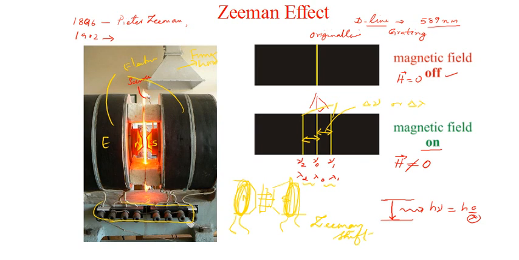Okay, from the central line, see how much the wavelengths are getting split up. And the moment you switch it off, it will once again become a single line. So this is exactly the phenomenon of the Zeeman effect. Now we'll come to its literature.